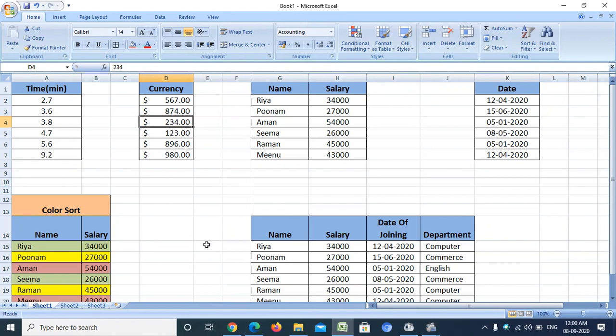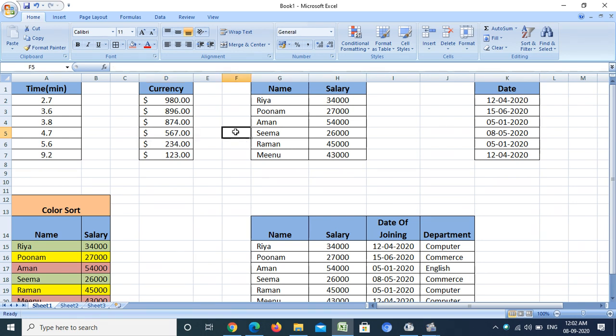Now see the next place, I have written some currency. If you want to sort in descending order, same way I have to click in between the cell, then I have to click on this option sort and filter. From the dialog box, now I am going to select sort largest to smallest. Now see, this column is sorted according to descending order, that is largest value to smallest value.